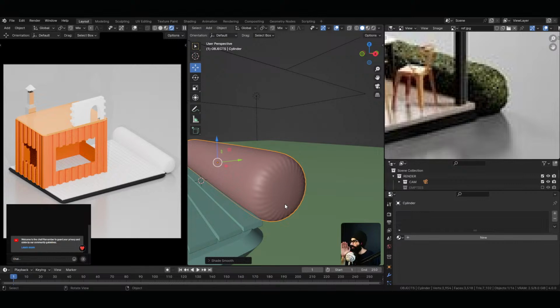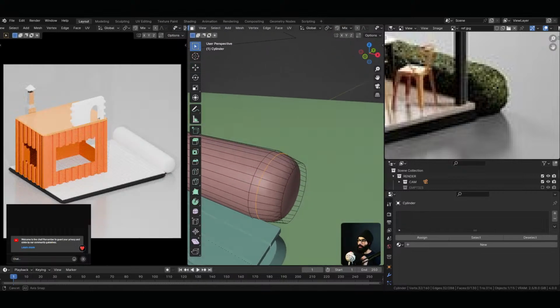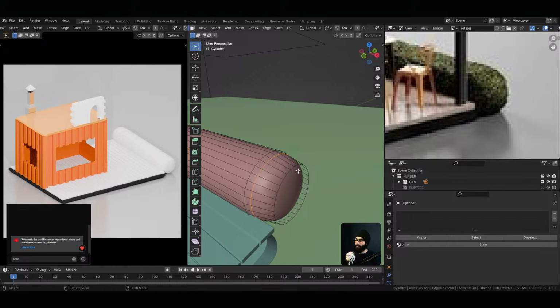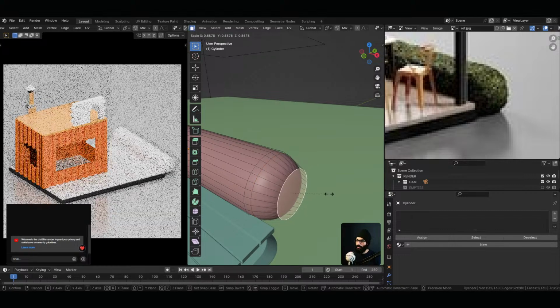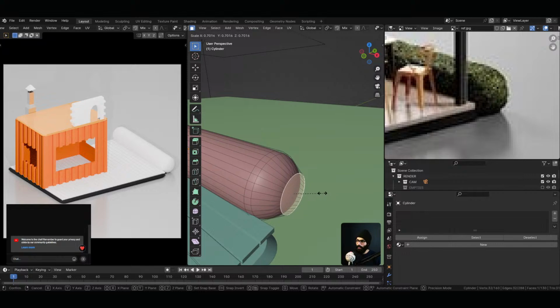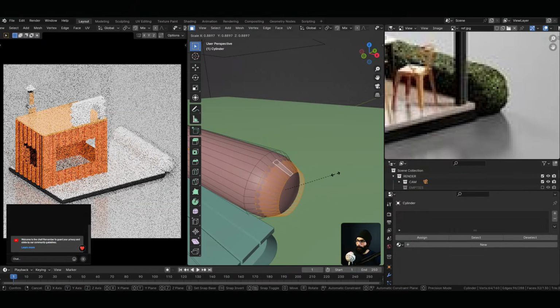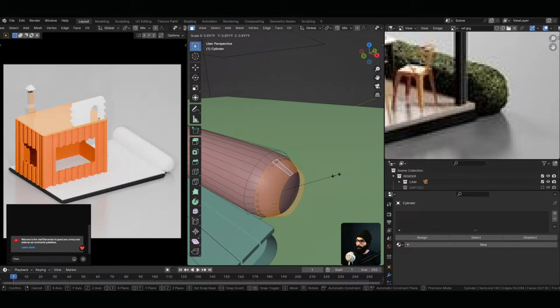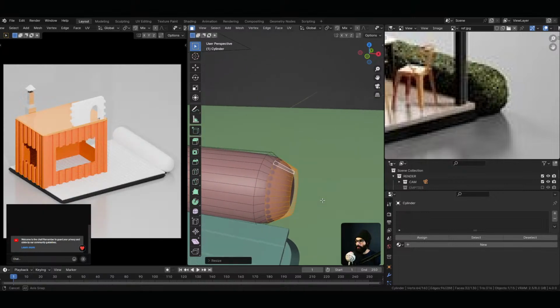Kind of like tapers that way. How do you get the tapering happening? Yeah, select this and scale it down. Well, that tapers. And maybe